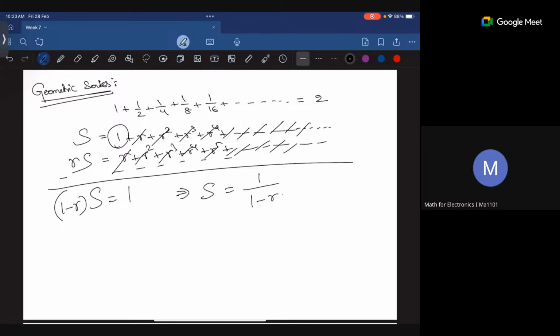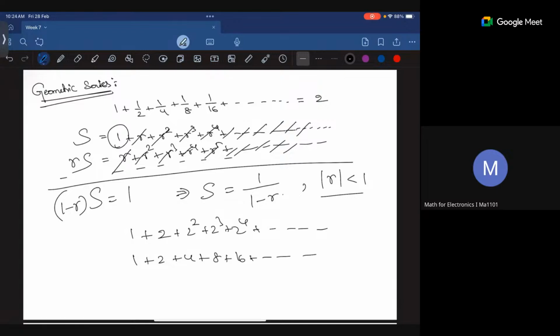And can I do this for every r, for any r? No, sir. r should be less than 1. Because you see, when r is greater than 1, you will see something like this. When r is 2, 1 plus 2 plus 2 square plus 2 cube plus 2 power 4 and so on. How does this series look? So 1 plus 2 plus 4. Every next term is bringing a very big number to add. So this will not go to a real number. This will go to infinity,